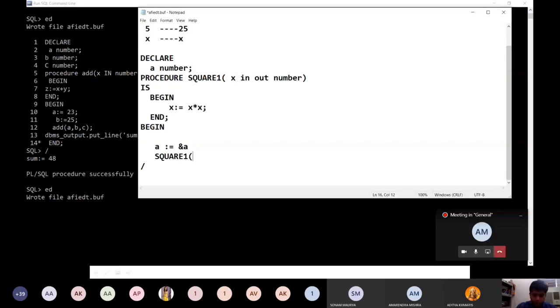Now dbms_output.put_line, and we print the square of the given number. That is, the value will come in a, right? And we have to end it. We have to just copy this code and use that. We can remove this and simply